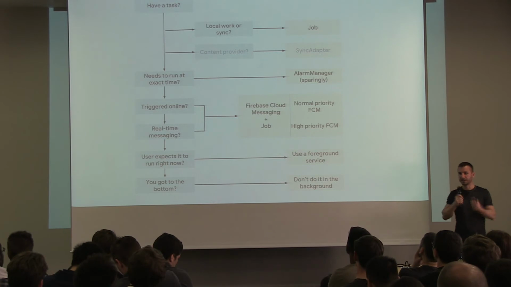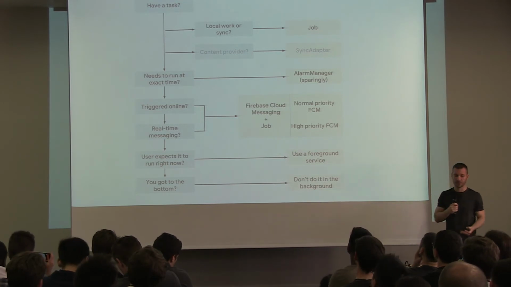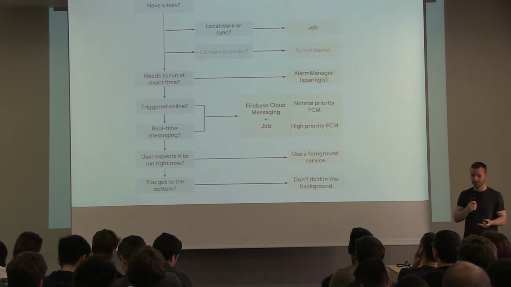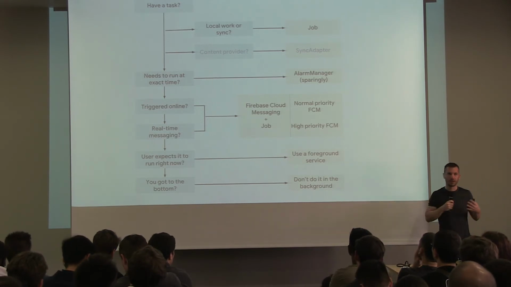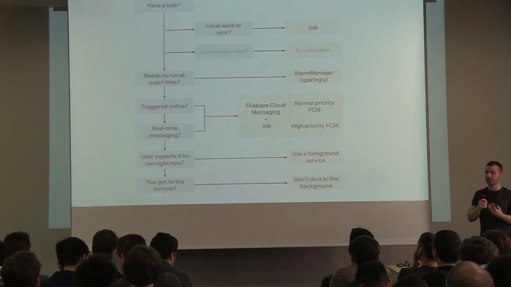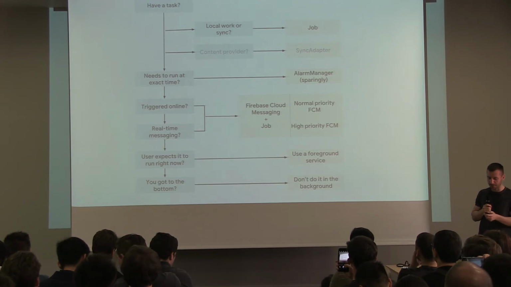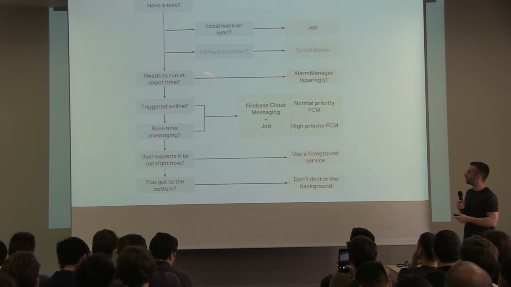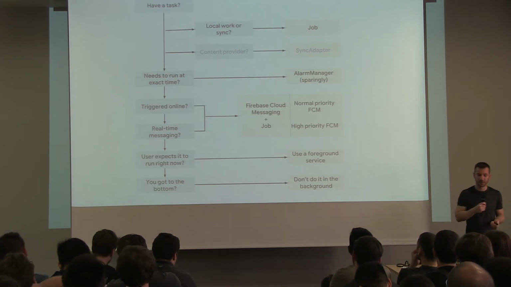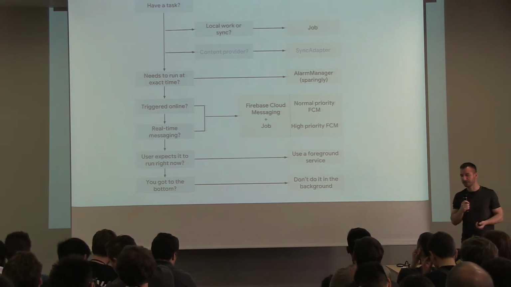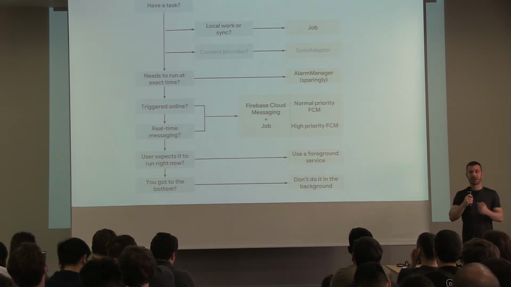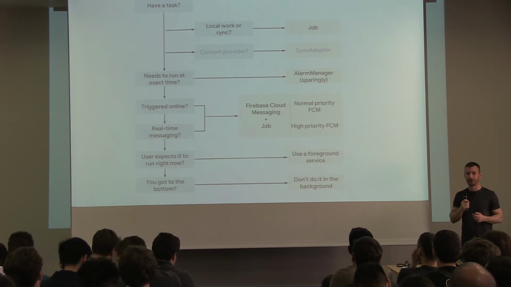So you have a task that needs to be run sometime in the future. And it's not part of an activity, it's not something the user interacts with, it's some kind of periodic or one-time synchronization or basically bookkeeping that you do in your app. So is it a local work, like you need to process something that's on a disk maybe once a day, or maybe synchronize something with your server? Well, the first thing always to ask yourself is, can I use a job? If you can, great, it's done.